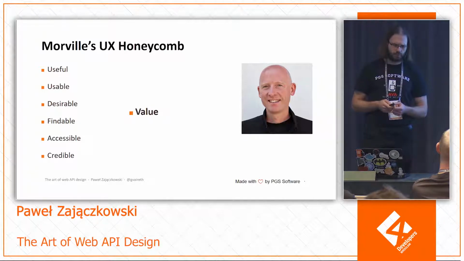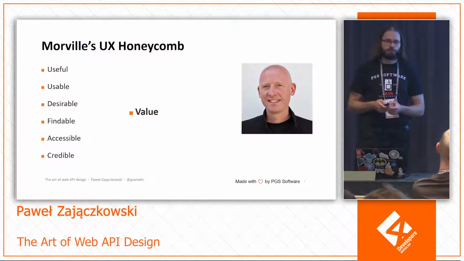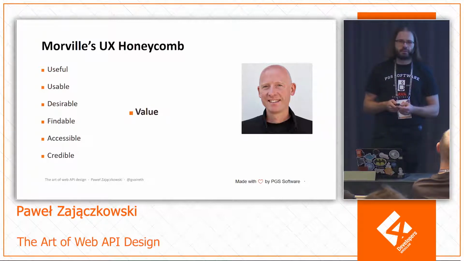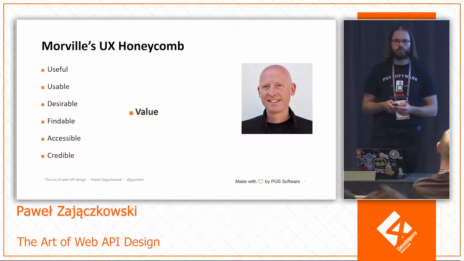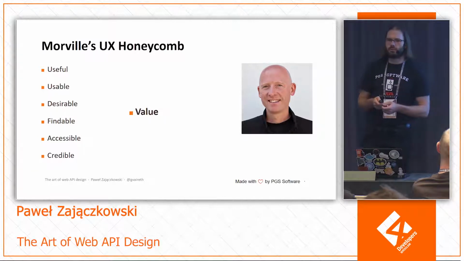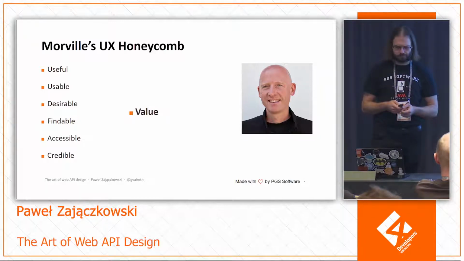The second thing, it should be usable. So it should be easy to do that. I shouldn't have to think about different ways how to do that. For example, if I have an API, I don't want to think about how to delete a car. If it's an endpoint called delete a car or remove a car or get rid of the car, I don't know. There should be just an endpoint about cars and HTTP method delete, and that's usable.